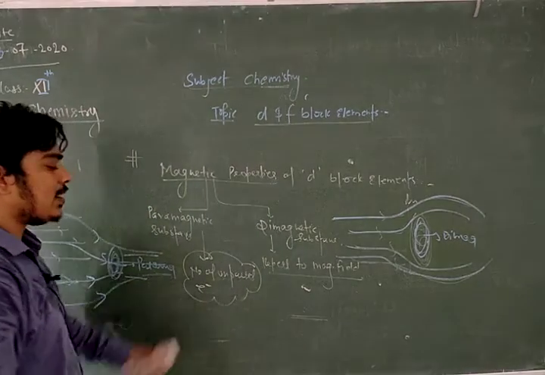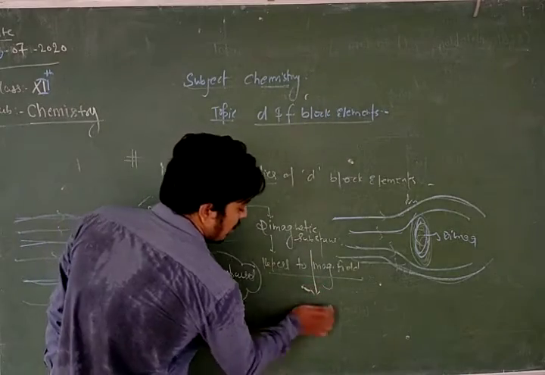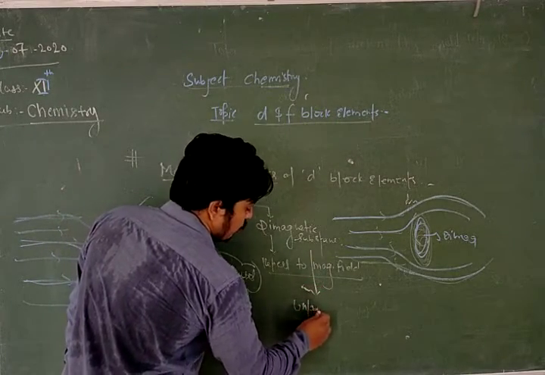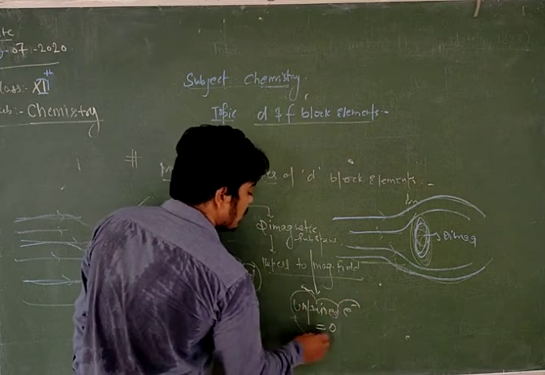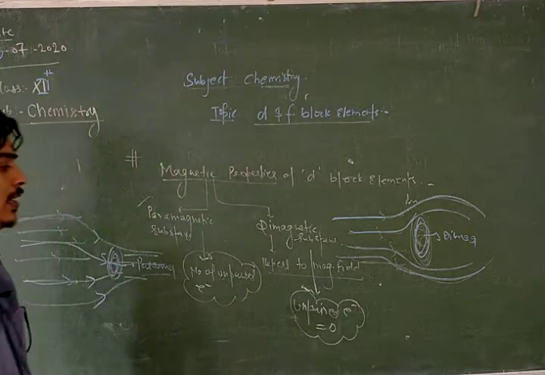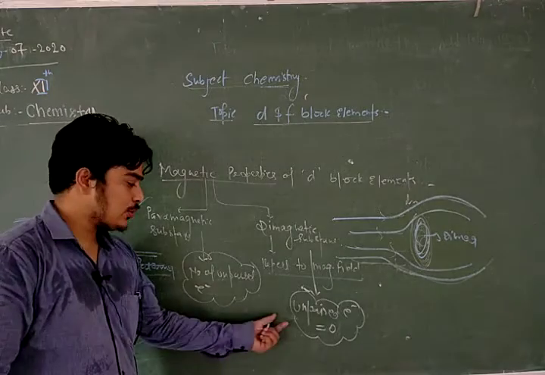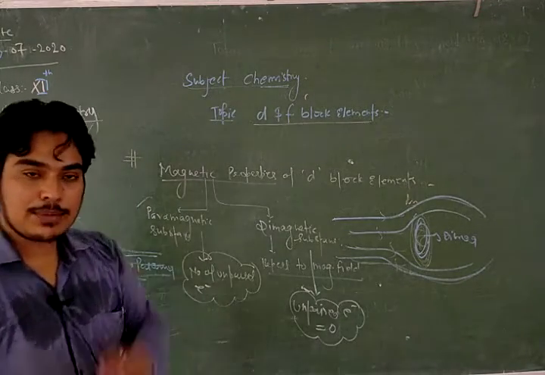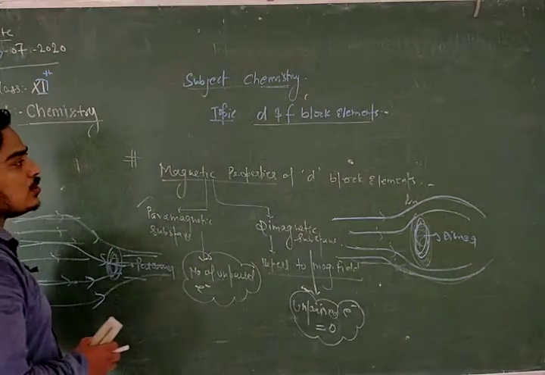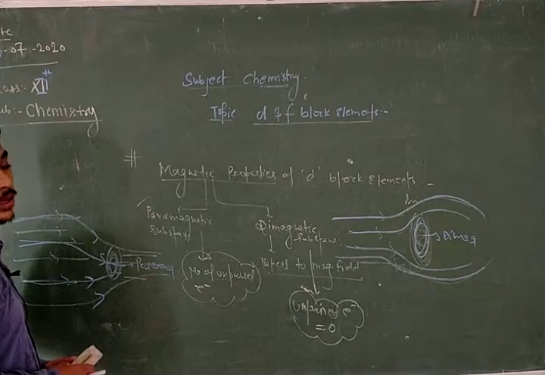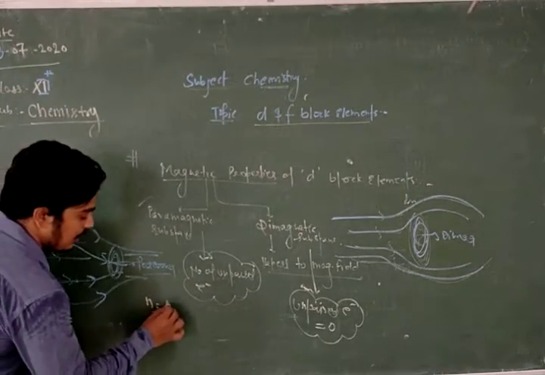If a substance contains unpaired electrons, then it will be paramagnetic, and diamagnetic when the number of unpaired electrons is zero. If there is no unpaired electron, then it is a diamagnetic substance. So in a diamagnetic substance there is no unpaired electron, and in a paramagnetic substance there is an unpaired electron. So how many electrons will be unpaired? If there are n unpaired electrons,